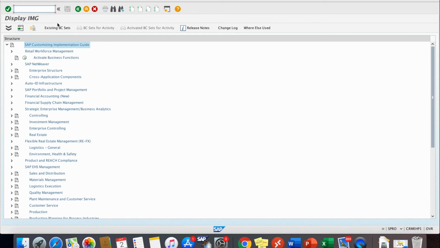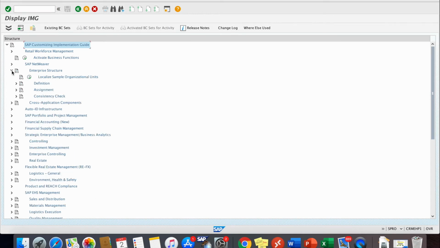Display IMG means display implementation guide screen. As you can see, we have folders here. You can go to any folder by clicking on respective arrow button. And this is what we are going to do in order to define our company.